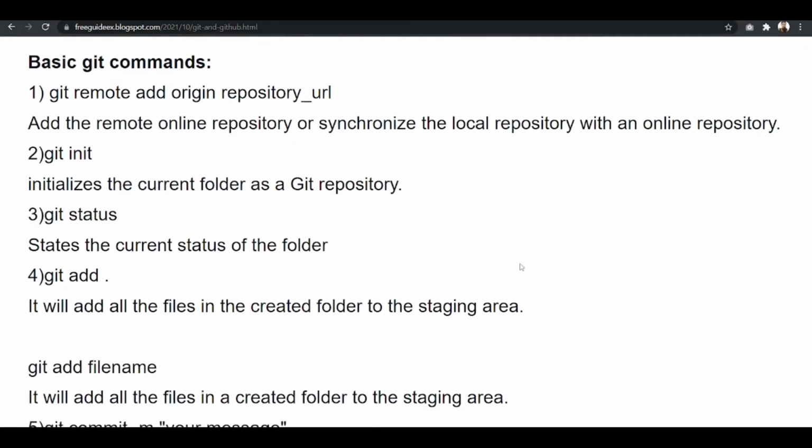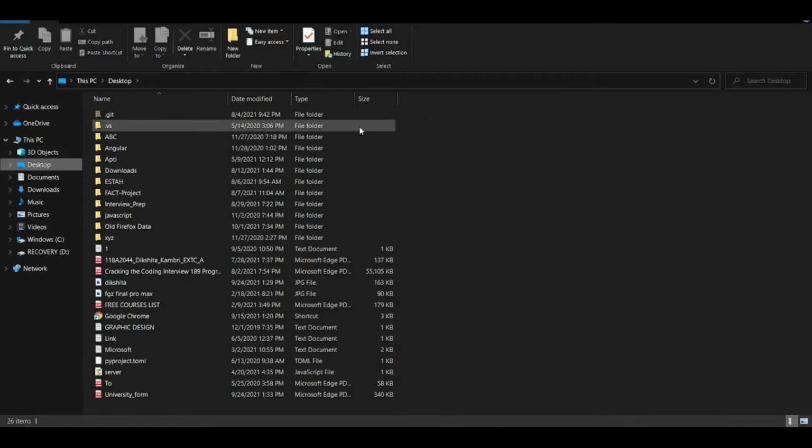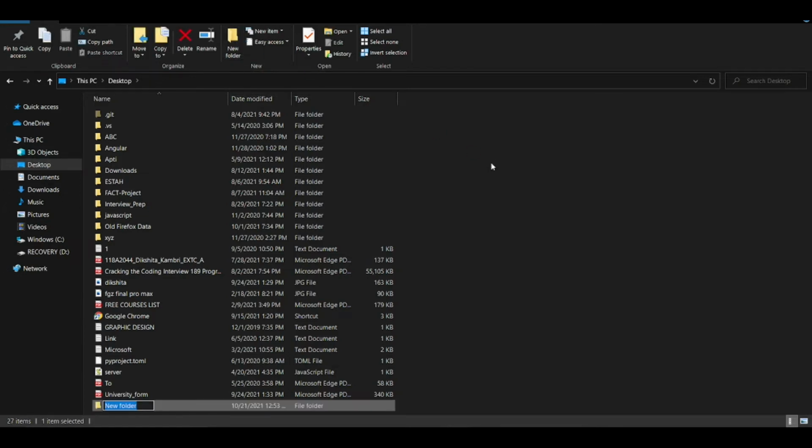For that, we are going to create one folder on our system. Just go to any convenient place on your system. I will be creating a new folder on the desktop. Create a new folder, I'll give it the name Git demo, and hit enter.